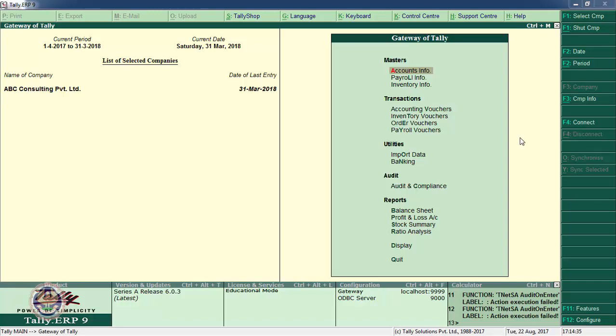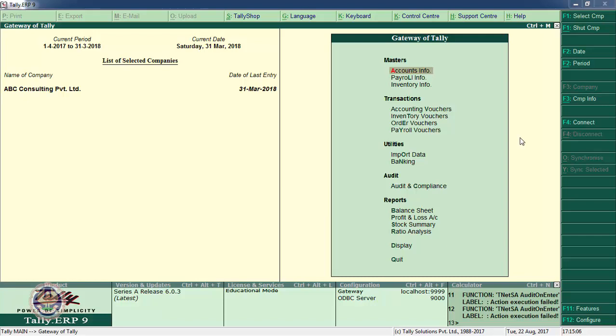Physical access is something out of Tally, so physical access needs to be controlled physically. For example, locking the server room or locking the server itself physically. We are discussing about electronic access control. So how we can control the electronic access to the data? There may be or there shall be different levels of user of accounting systems. For example, there is a data entry operator whose job is to just record the transaction.